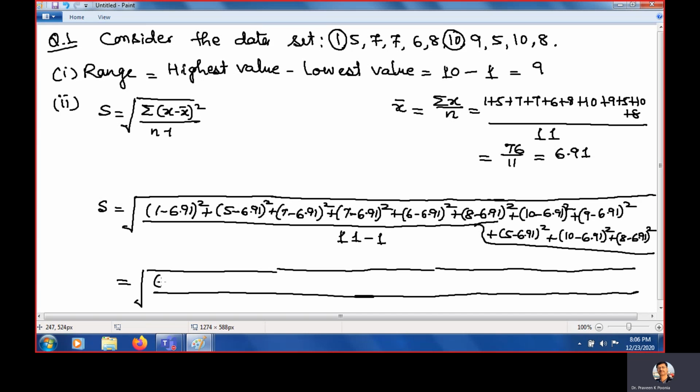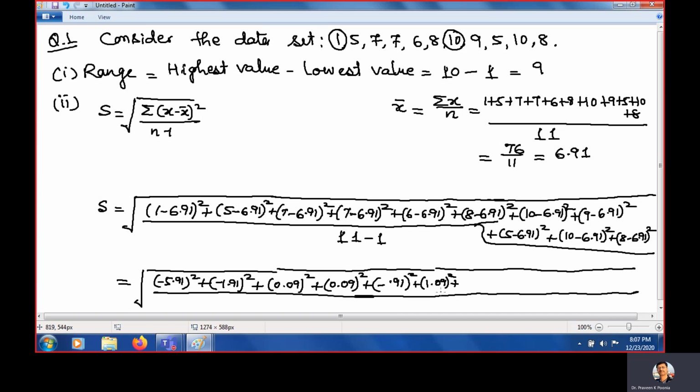Now 1 minus 6.91, it is minus 5.91 whole square plus this is minus 1.91 whole square plus it is 0.09 whole square plus you can use calculator and subtract it. It is 0.09 whole square plus minus 0.91 whole square plus 8 point,